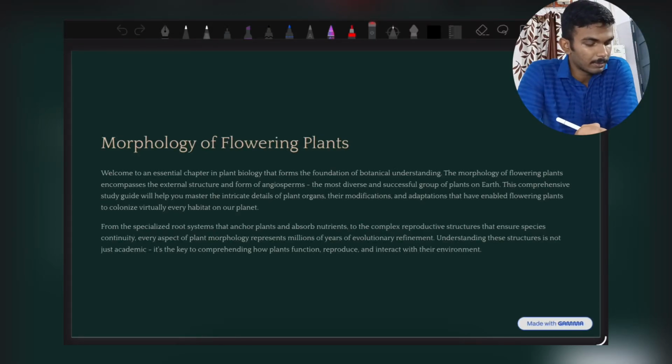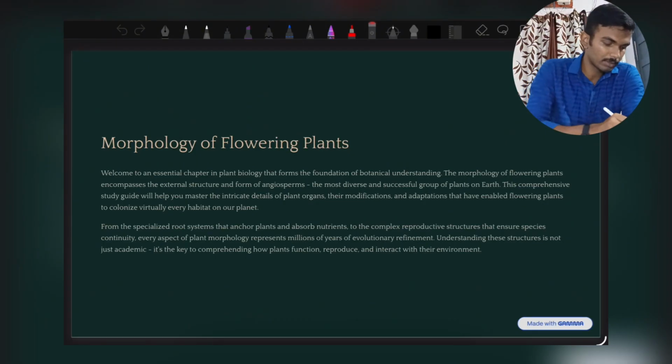Hello guys, today we will be studying about morphology of flowering plants. So let's start. Welcome to an essential chapter in plant biology that forms the foundation of botanical understanding, the morphology